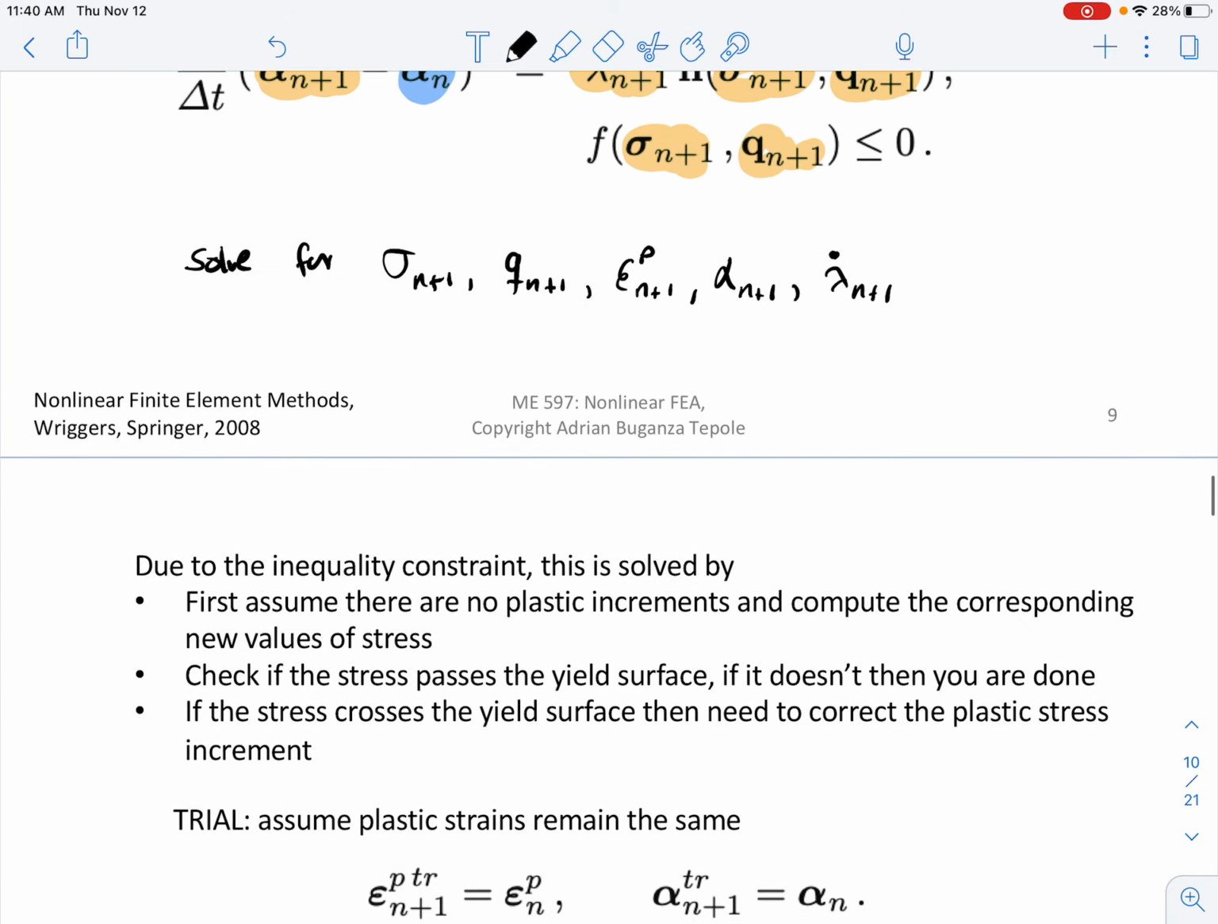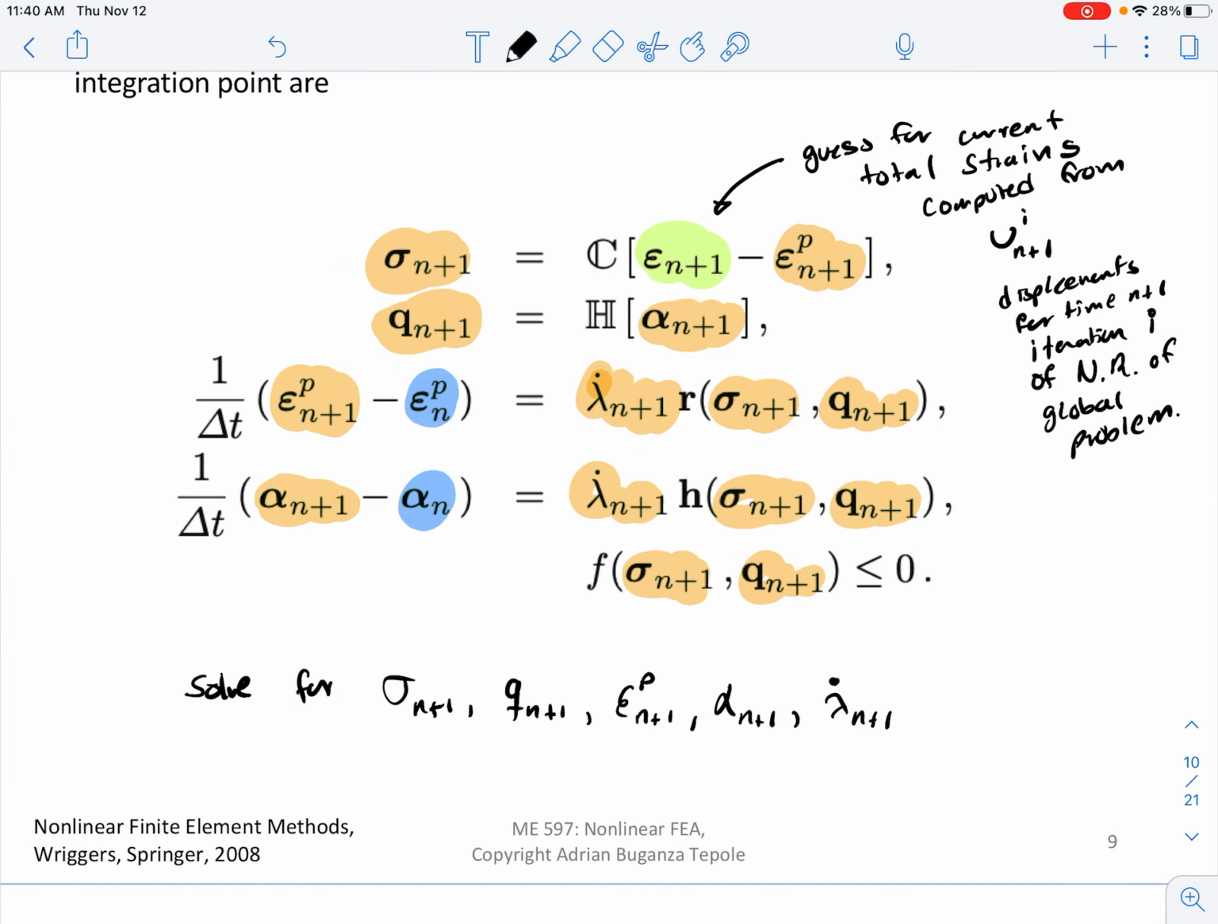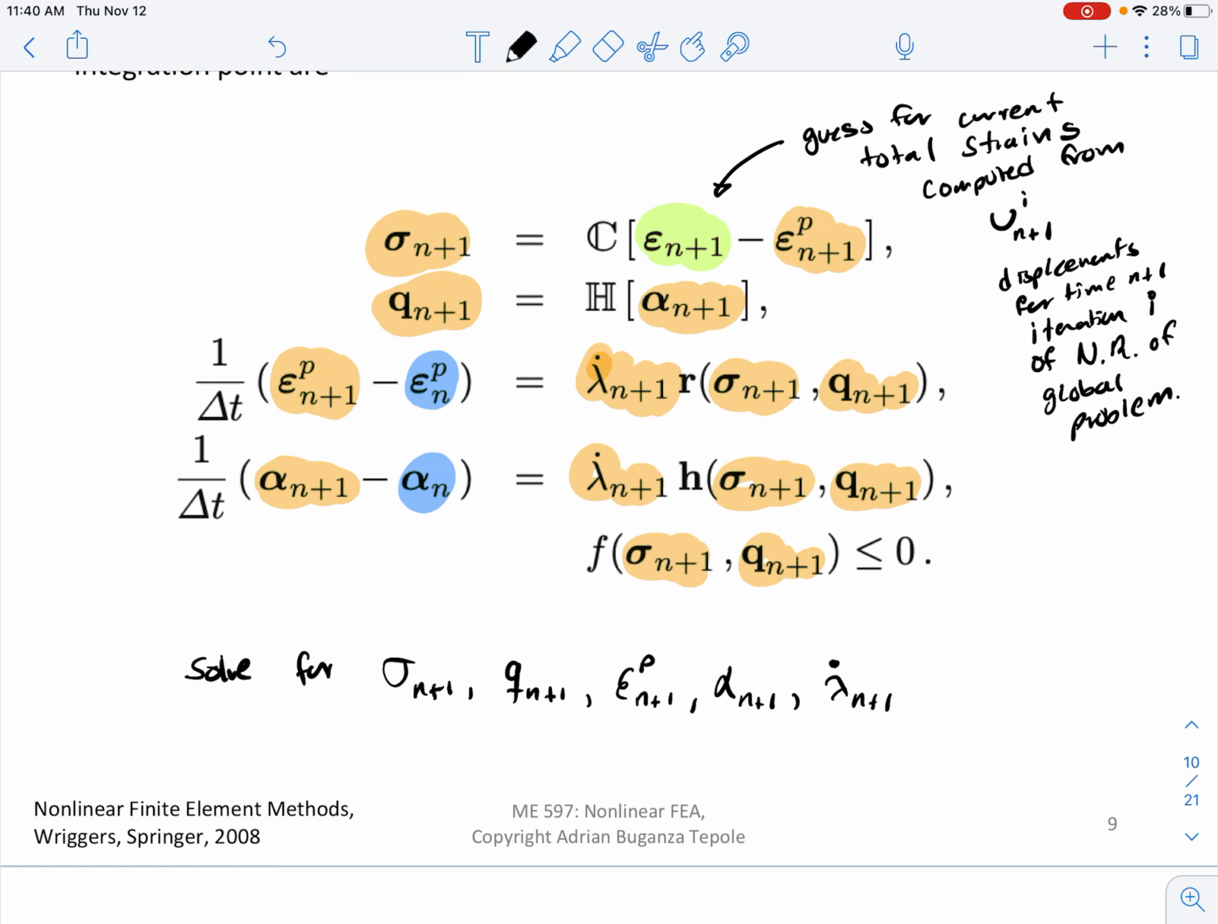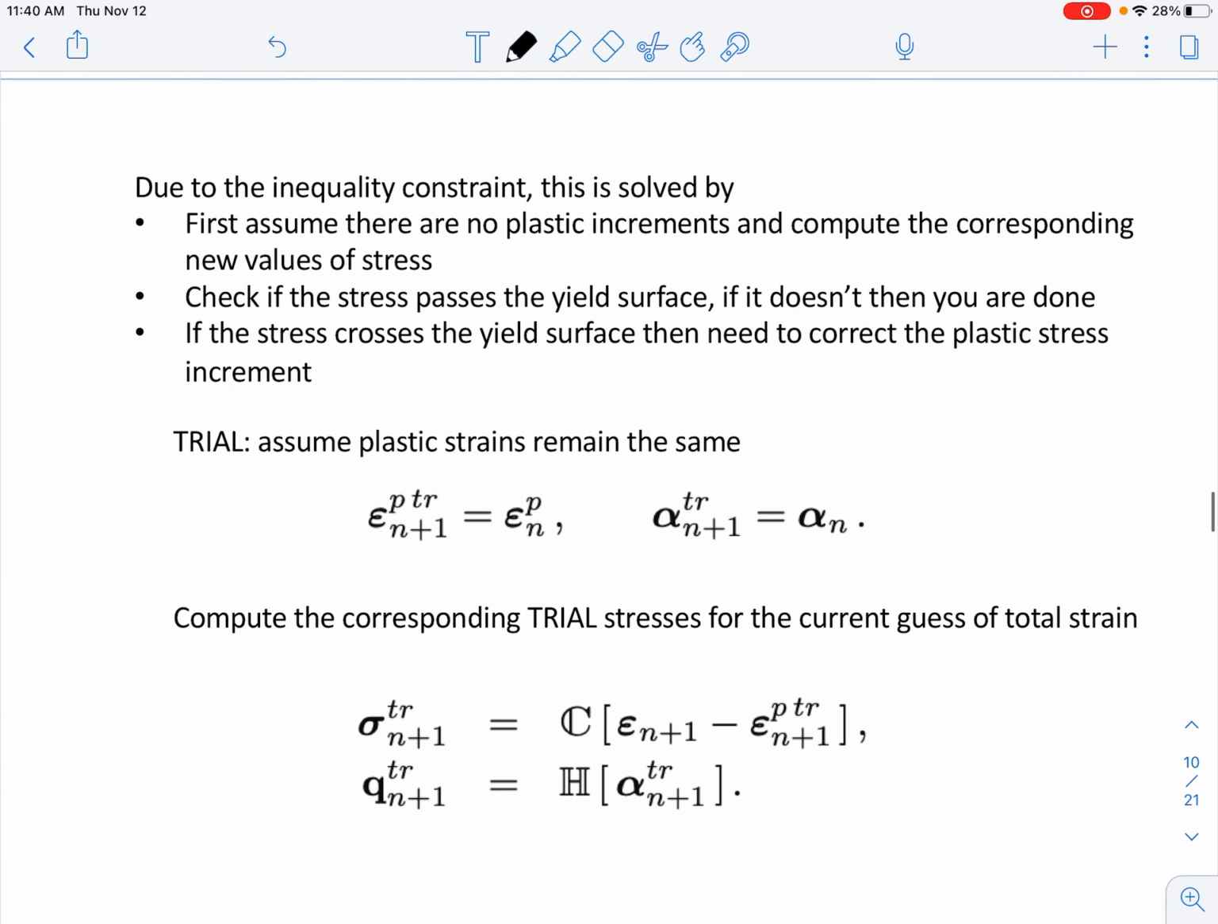So again, there are several ways in which you can solve this. And the typical implementation is, okay, first assume that the plastic strains remain the same. So there's this trial here, right? This might not be the end solution, but for the first part, assume that the new plastic strain is the same as before, and the new hardening variables are the same as the before time step. Based on that, you can compute the stress and the back stress for the new time step directly, right? Because that just means